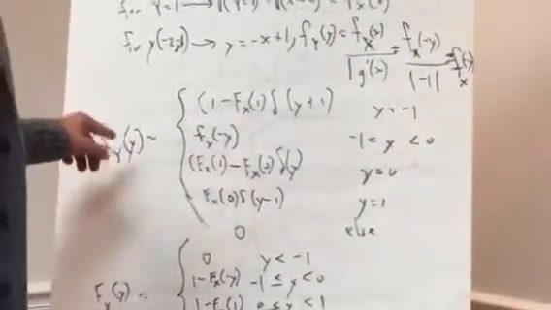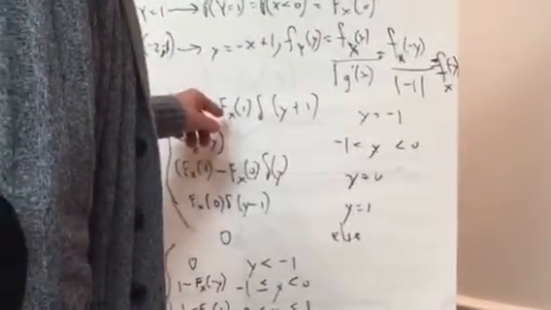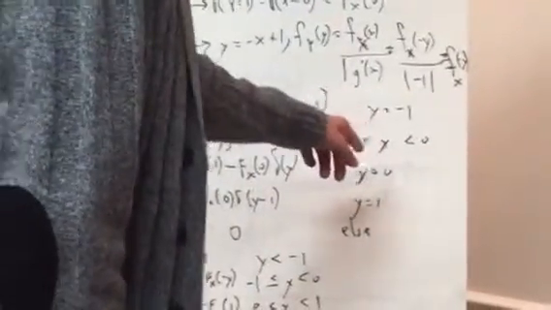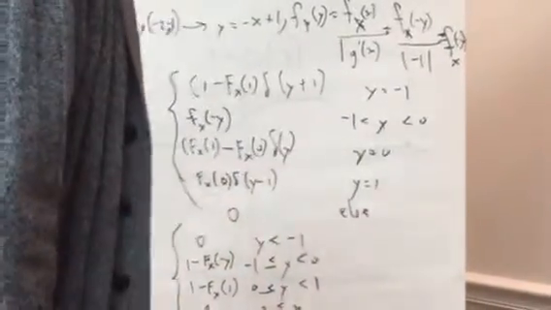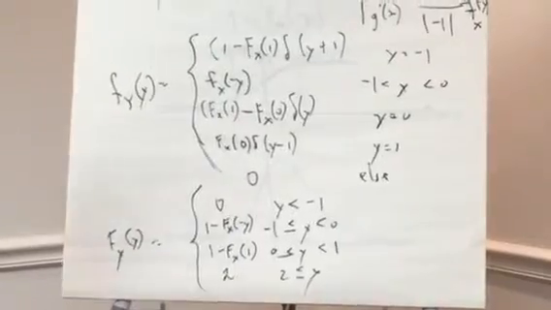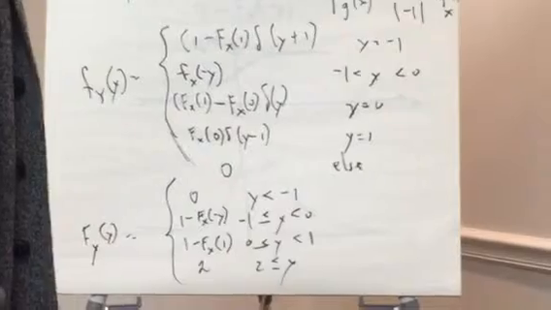The function f_Y(y) is going to have this type of characteristics: 1 minus F_X(1) delta(y plus 1) at y equals minus 1, and f_X(minus y) over the range of y greater than minus 1 to less than 0, and F_X(1) minus F_X(0) delta(y) at y equals 0, and F_X(0) delta(y minus 1) at y equals 1. 0 elsewhere. And the distribution F_Y(y) is going to be 0 for y less than minus 1, and